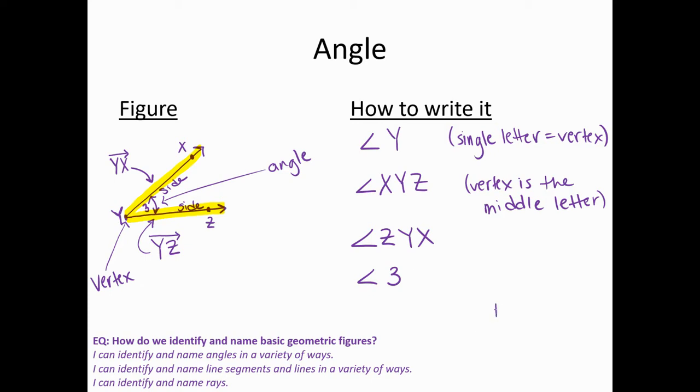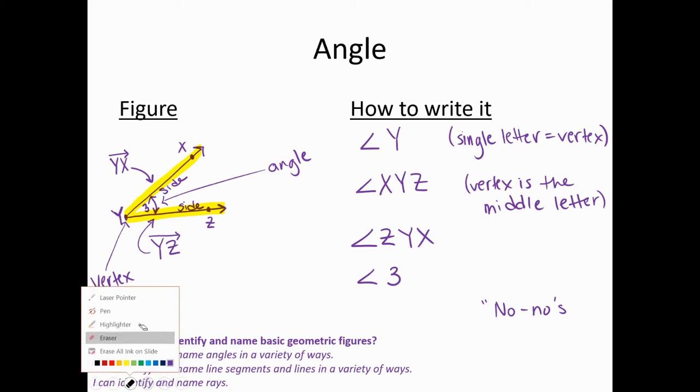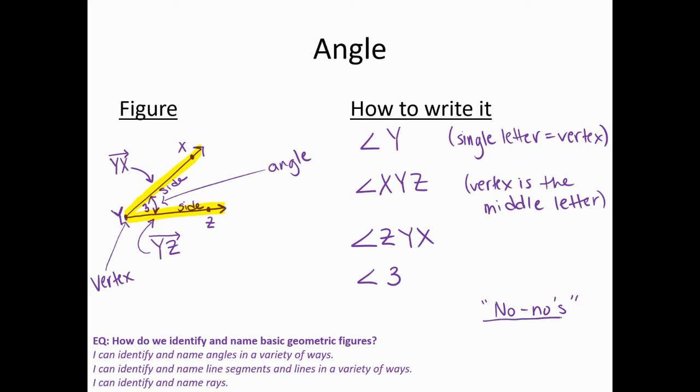So really quick, some no-nos. What is a way that we cannot name the angle? So this is a no-no. We're not allowed to name angles in this way. So I'm going to do a 3-letter setup that is incorrect. So if I tried to call this angle YXZ,